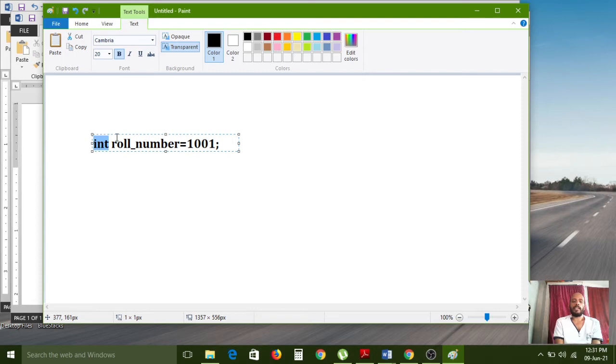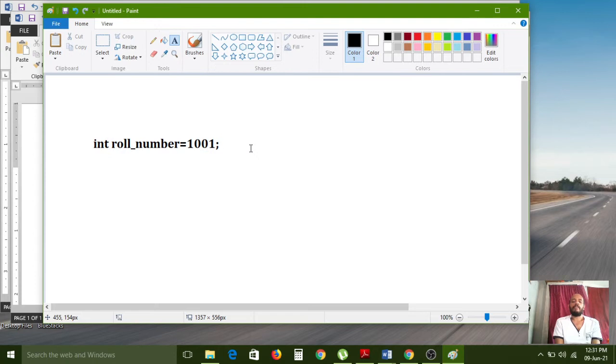If you write the statement like this in your program, then after compilation we need to press the F10 key on the keyboard to execute. So if you want to execute, you can press F10 and the program starts running.